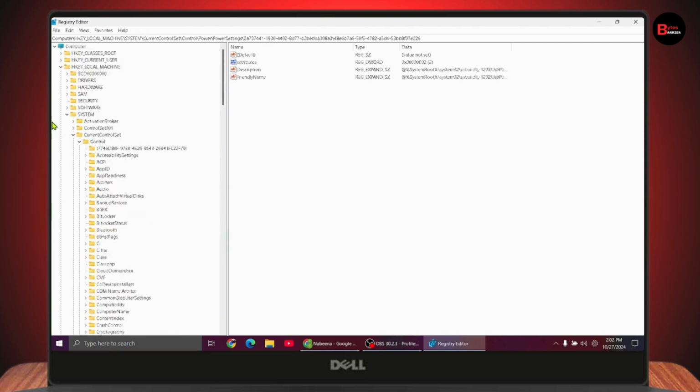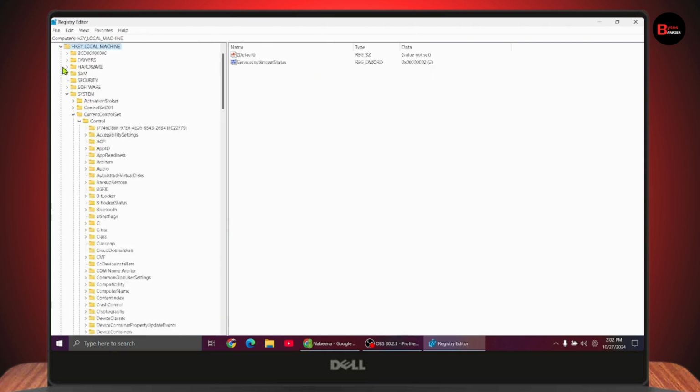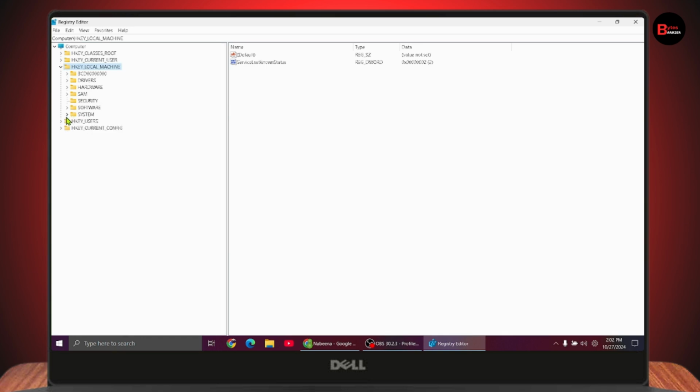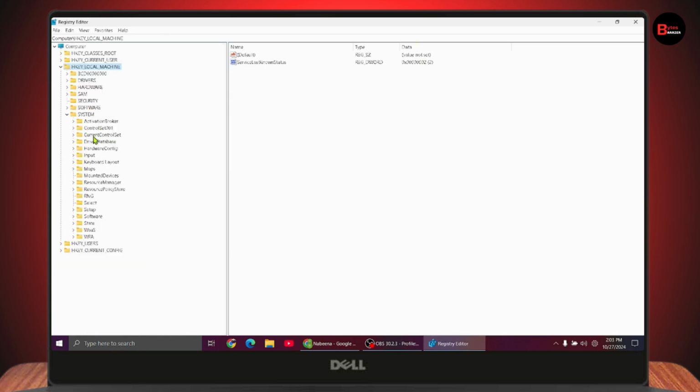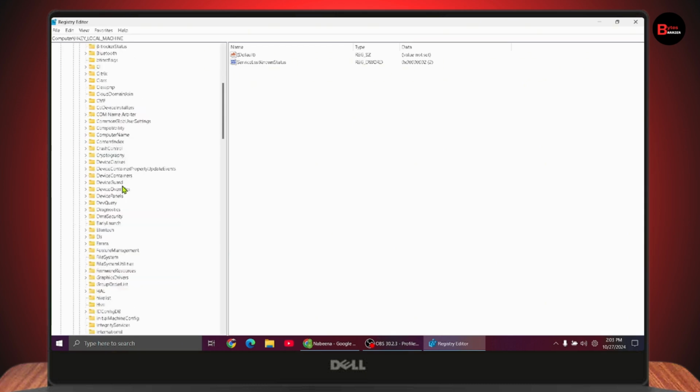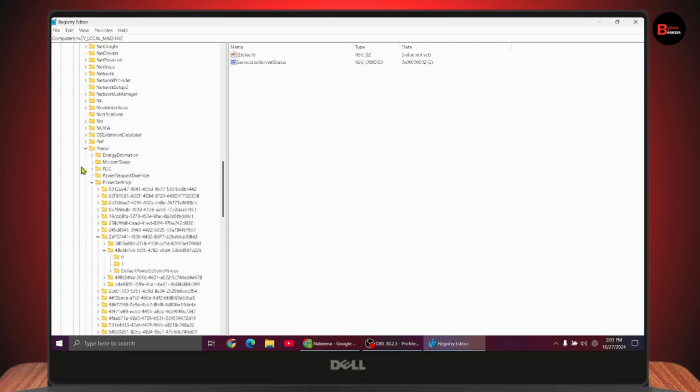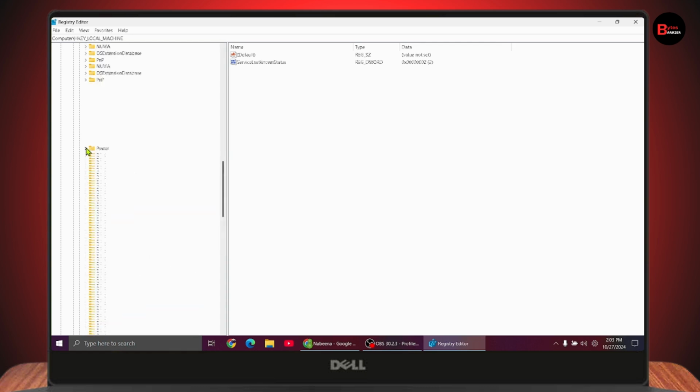So what you need to do is go with HKEY_LOCAL_MACHINE and then go with the system. You need to enlarge the system. Under system, go with CurrentControlSet, and after that go with Control. Under Control, you need to scroll down and go with the Power option, which is right here, and go with